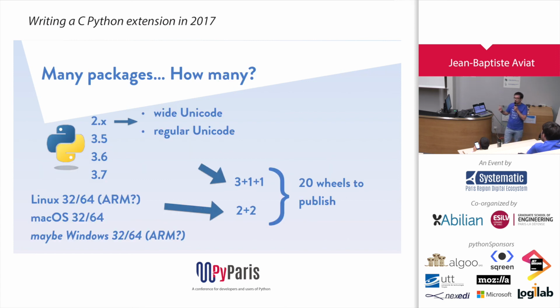So wheels or compiler depends on how easy you want to make the life of your users. The wheels, that's ISO builds. You build the binary, you push the binary, and all of your users will use the same binary. So if you have a bug report, you will be able to reproduce it with the same binary. You will be able to see where it crashed, what happened. But you need to maintain many packages, all right? 32 bits, 64 bits, maybe ARM, Intel, Windows, Linux, Darwin, whatever. So that's a bit painful.